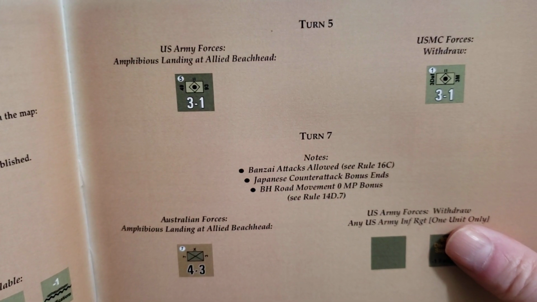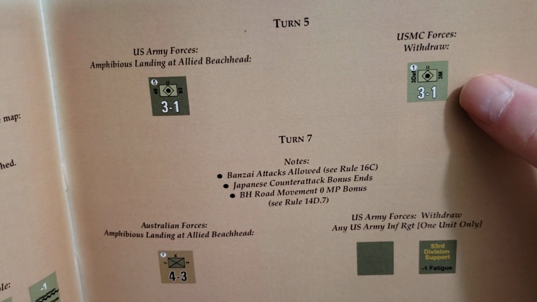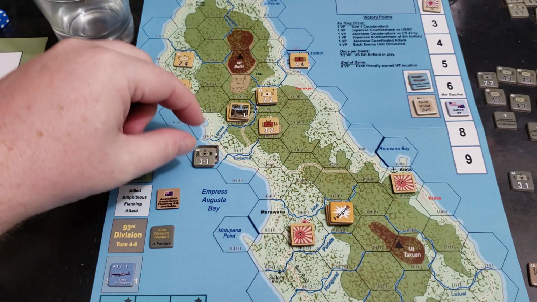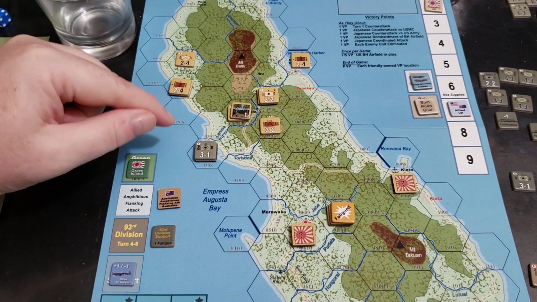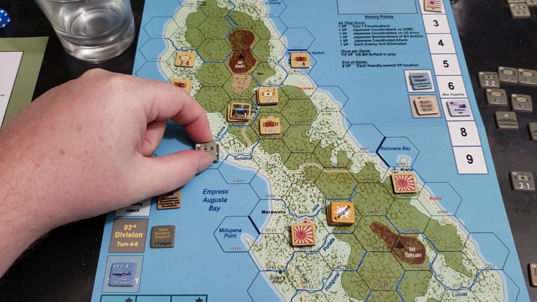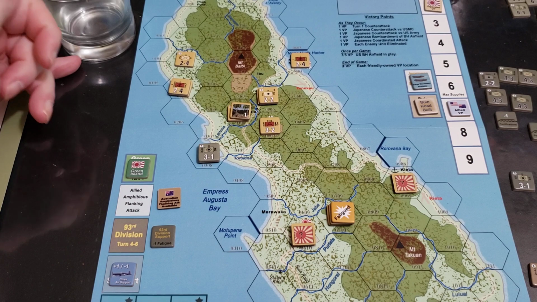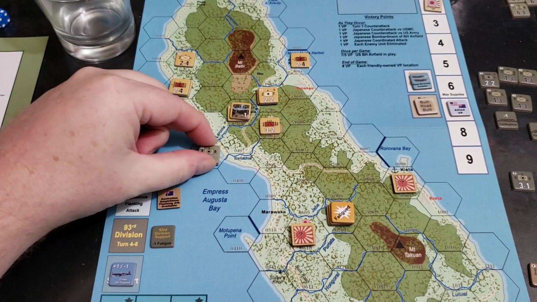Right there. Amphibious landing and USMC forces withdrawn. So on turn 5, that beach defense unit will get withdrawn, but it's still there for now. And if you notice, this actually is one of the few U.S. units that has a white number on it as well, so they cannot attack on their own. But it's a beach defense unit, so you're not going to be attacking. You're just going to be taking care of the security, the perimeter of the airfield and the base, and that's